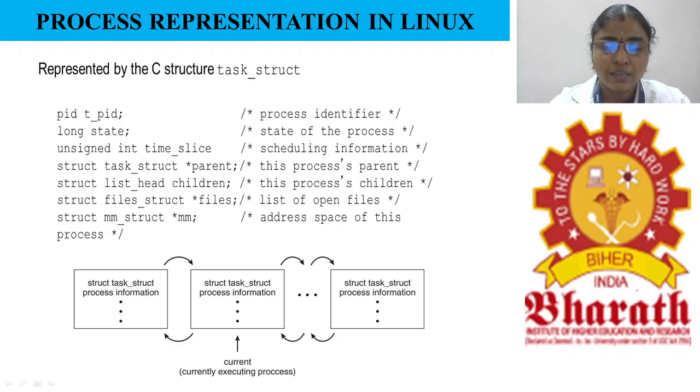Then generally in Linux, all the process structures are implemented with the help of a linked list. There are different types of linked lists available. Here they use a doubly linked list. So the first node points to the second one, and the second node also points back to the first. It also contains a pointer named current, which provides the currently executing process. So whatever processes are running at the time, everything is linked with the help of the doubly linked list.